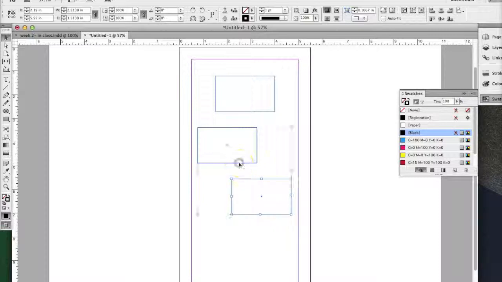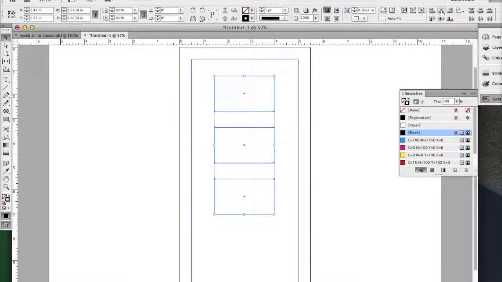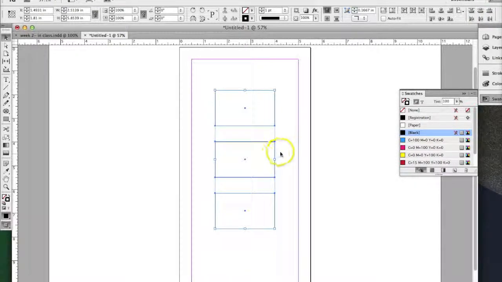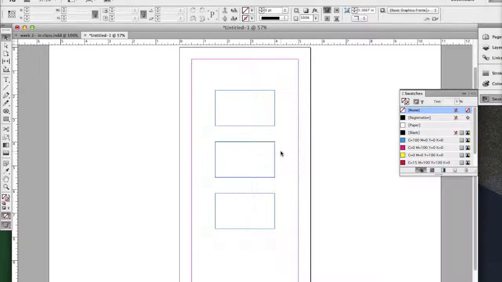key and select them all, or I can drag the mouse over all the boxes, then go to the Align tool, which is all the way up here, and align them, and then I can distribute them evenly by clicking this box or this palette, and I'll have an equal space in between each box. So how am I going to bring the images in? I'm going to bring the images in by clicking one box at a time, and then going to File,